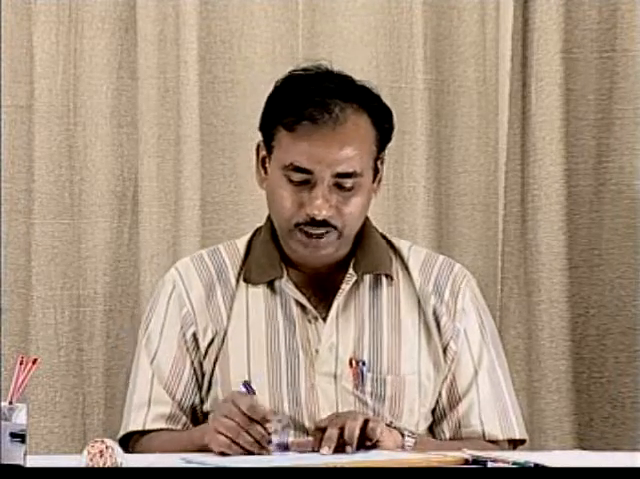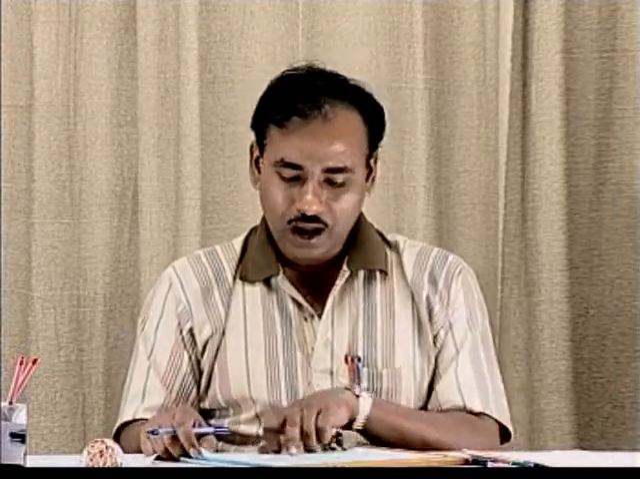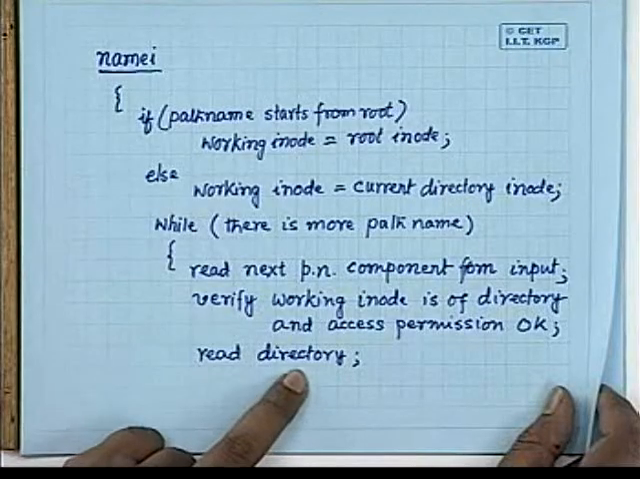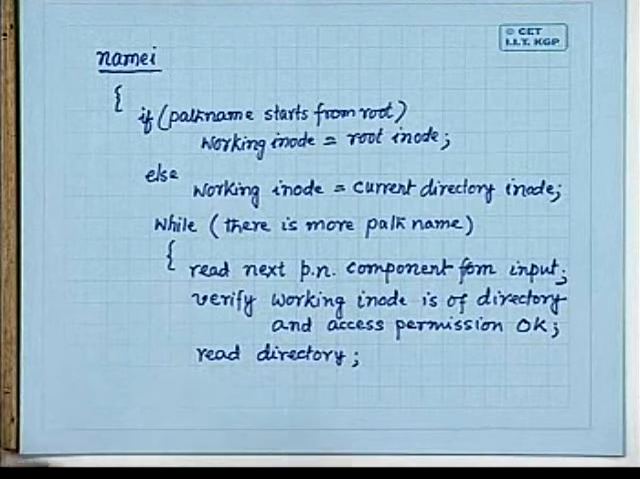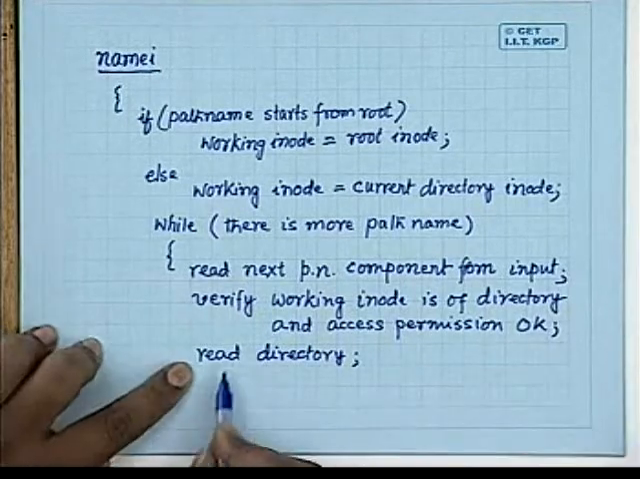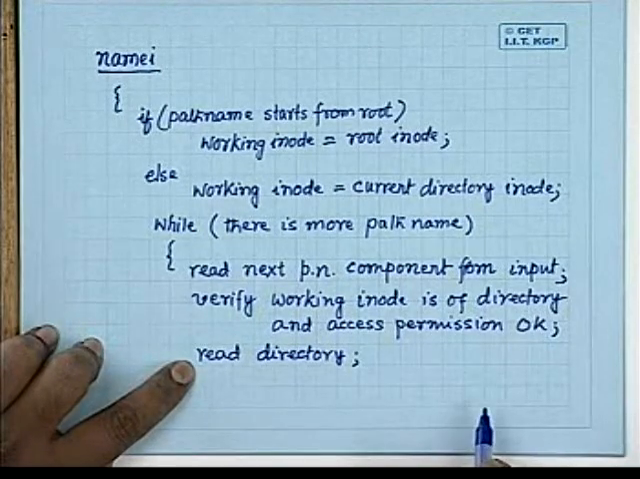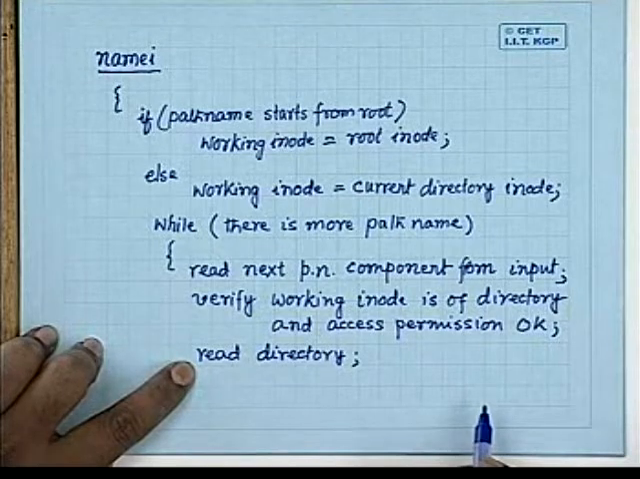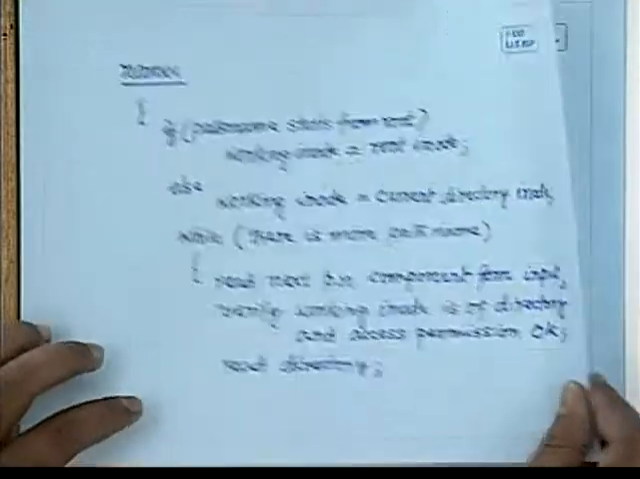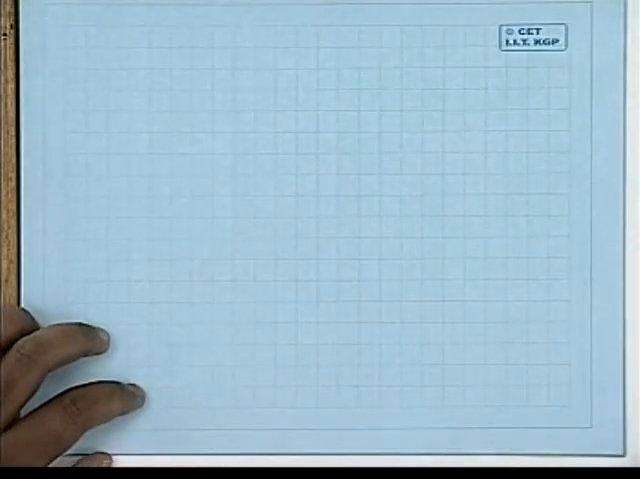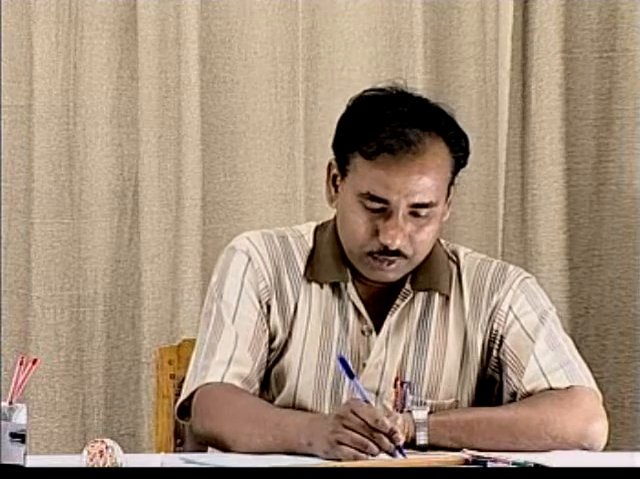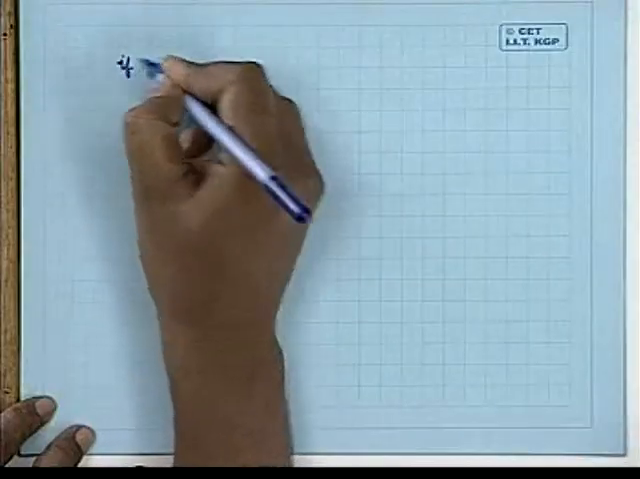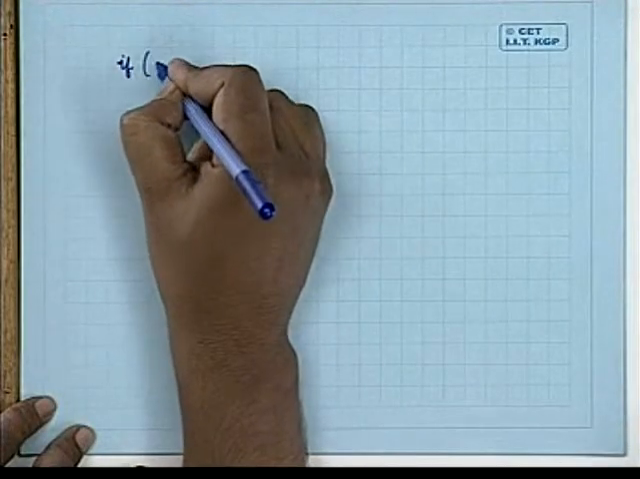Okay. So here we read the directory. You can read the directory provided you have the necessary permission. Obviously, for reading the directory you have to invoke the algorithm of block read. Once you read in the directory, then you have to search for this pathname component in this directory. So you have to see if the component matches